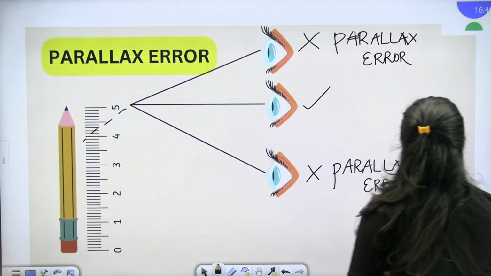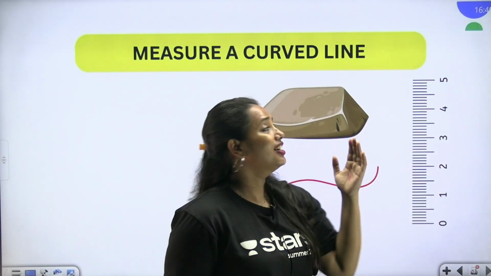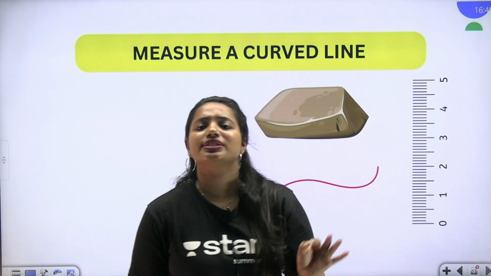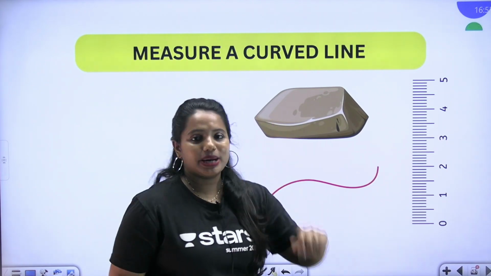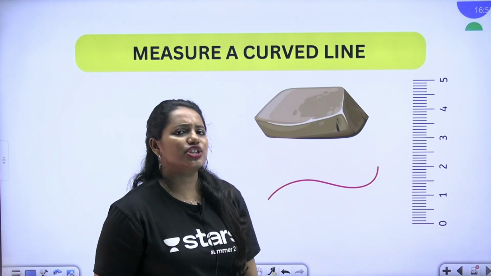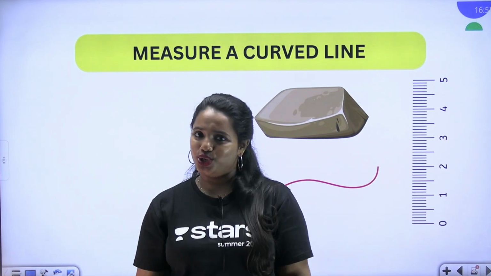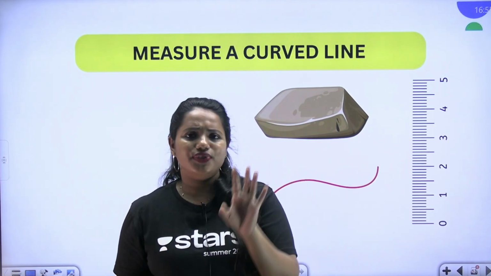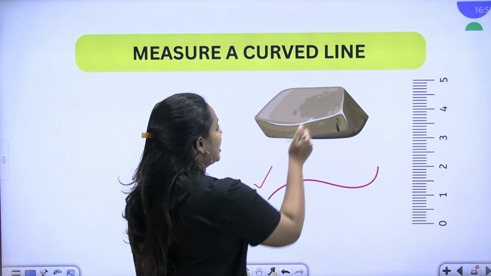So now we are moving towards the very important point. It's all about measuring a curved line. It's very, very important. And this is applicable to all types of irregular bodies. For that, I'm going to take an irregular shaped body, and this irregular shaped body has to be wrapped with a string. So I need to know the length of the string that I have to use to wrap this one. So for that, I'm going to take a small red thread like this, and this red thread has to